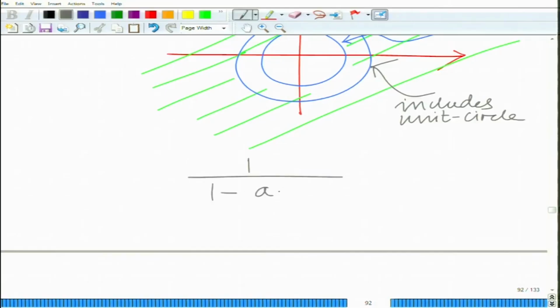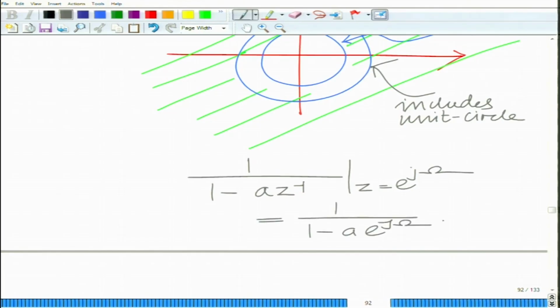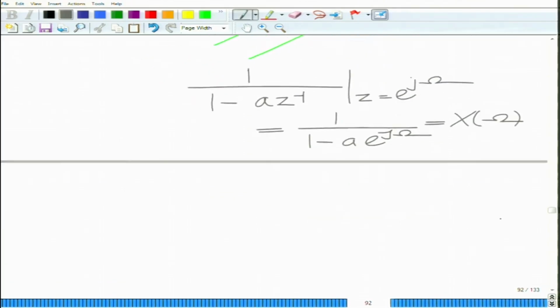transform, that is if I look at the Z transform 1 over 1 minus A z inverse, and if I replace z by e raised to j omega, I obtain 1 over 1 minus A e raised to minus j omega, which is the DTFT. So, this is possible since the ROC contains